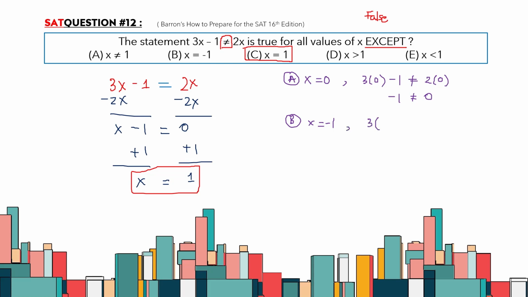For B, we have x equal negative 1. We have 3 multiplied by negative 1 minus 1. Is that different from 2 times negative 1? So we say that negative 3 minus 1